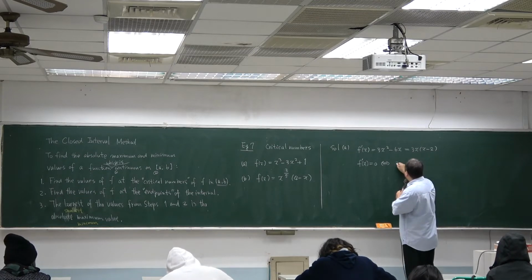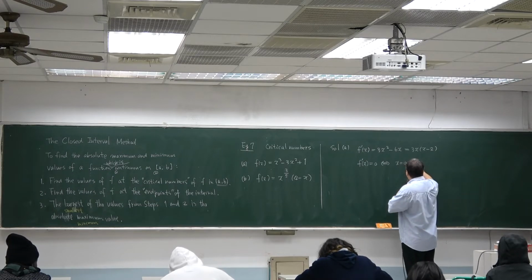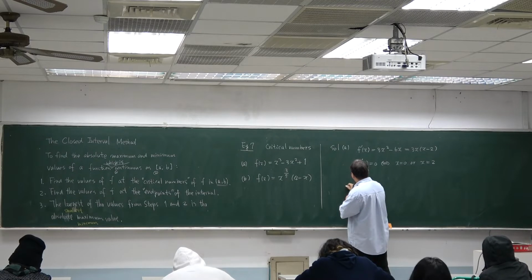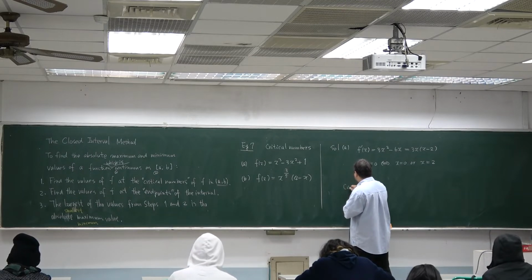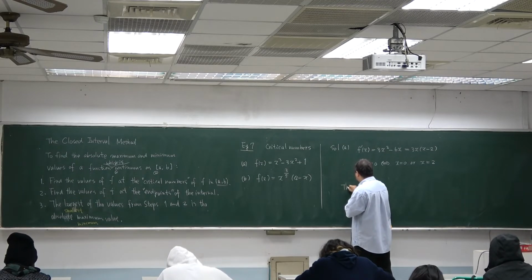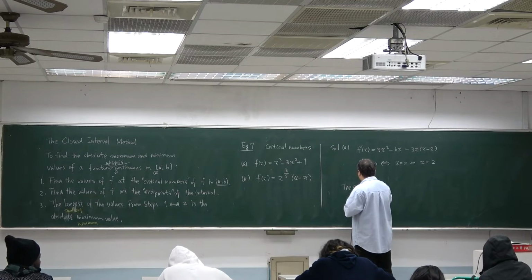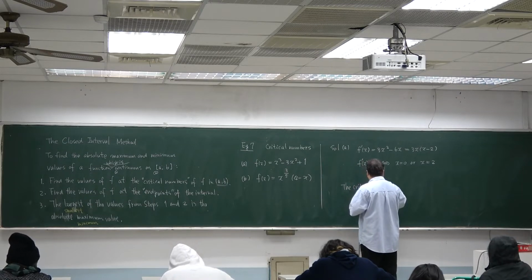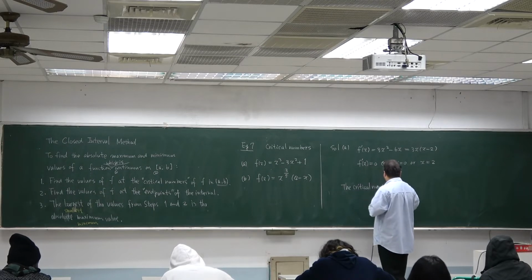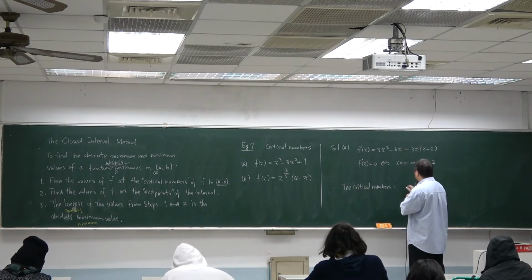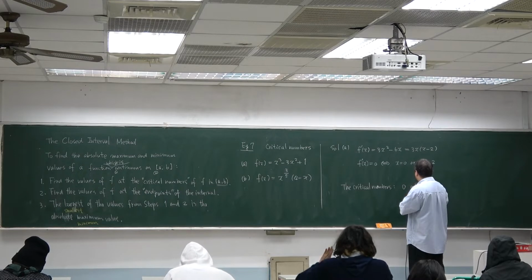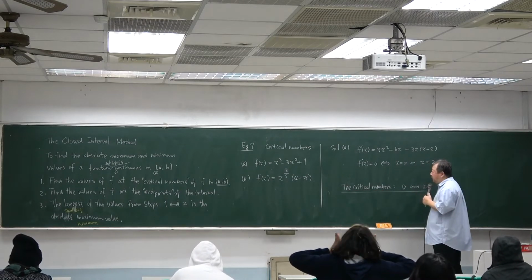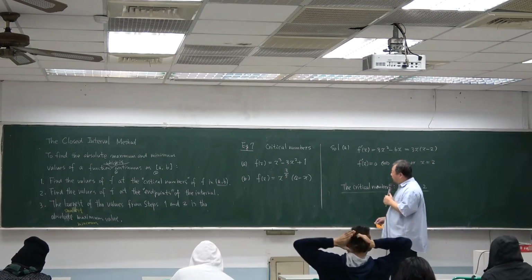So x equals 0 or x equals 2. The critical numbers of f are 0 and 2. Okay, for B,